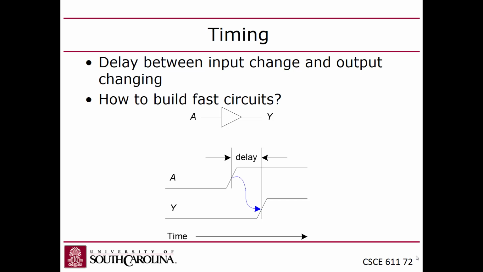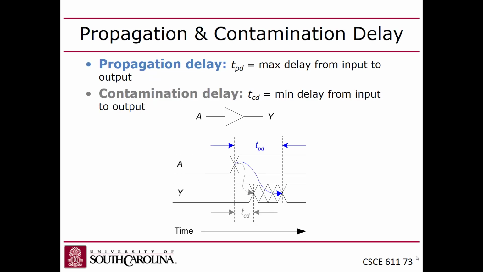Now there's also a rise and fall delay, which is the slope of this line. But right now we're just concerned with the propagation delay through the gate. How long does it take for changes in the input to be reflected in the output? That's the propagation delay. You guys with me? Okay, so now the book introduces this idea of contamination delay. This is actually, to be honest,